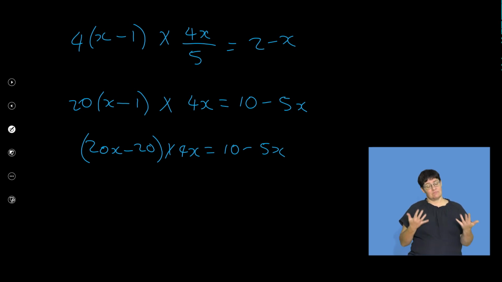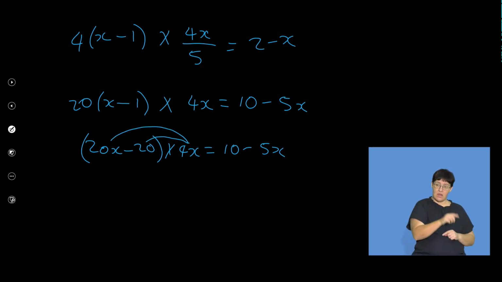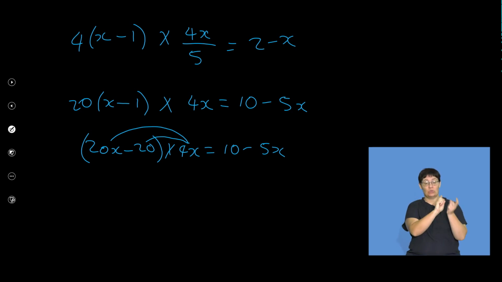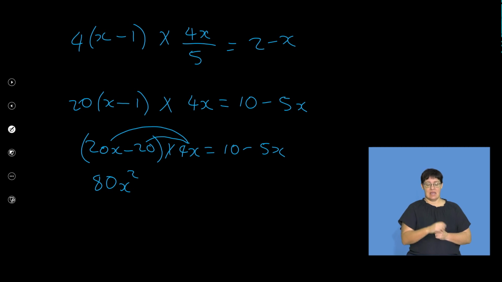Now, this is all good and well, right? But as soon as I multiply that 4x in there, you can already see that this is no longer going to be a linear equation. It's now going to be another type of equation, which we normally solve using factorization, as we spoke about when we were talking about the expressions. So this will give me 80x squared minus 80x,